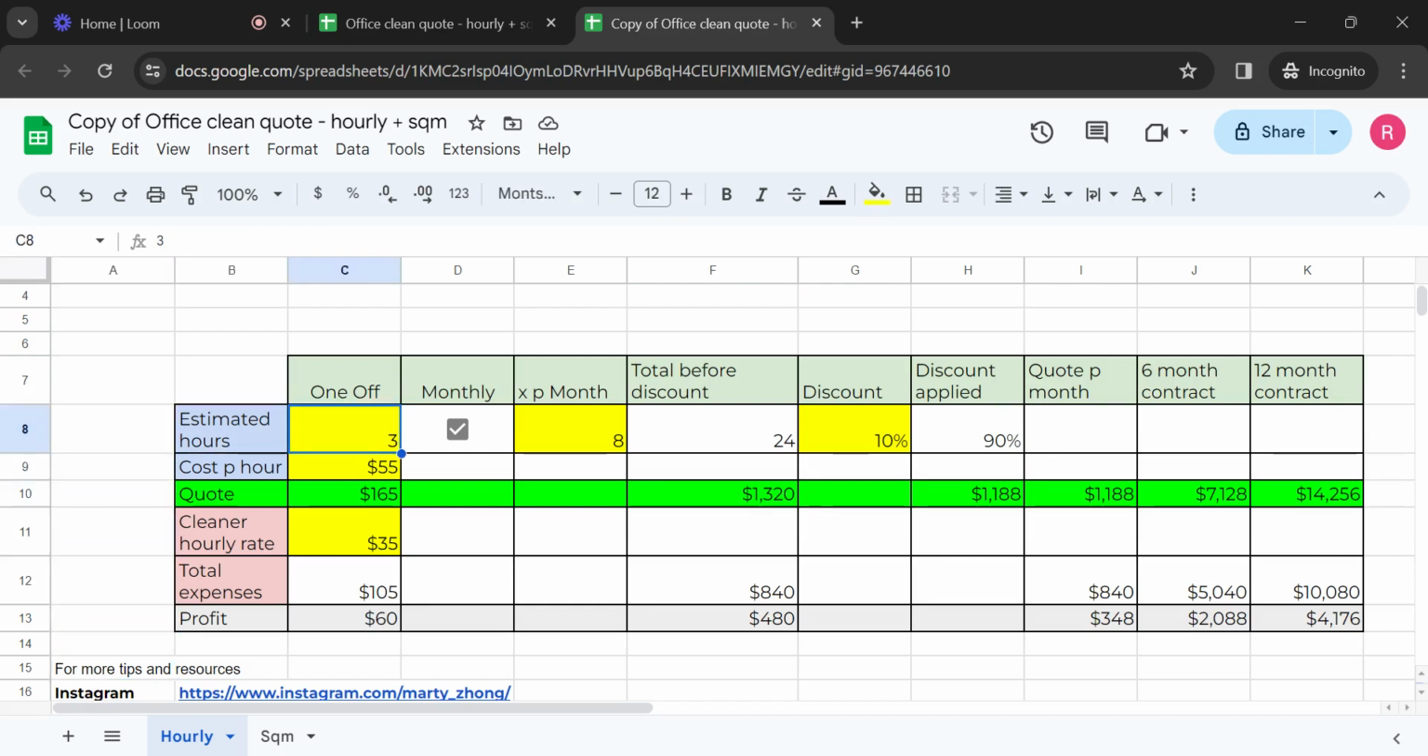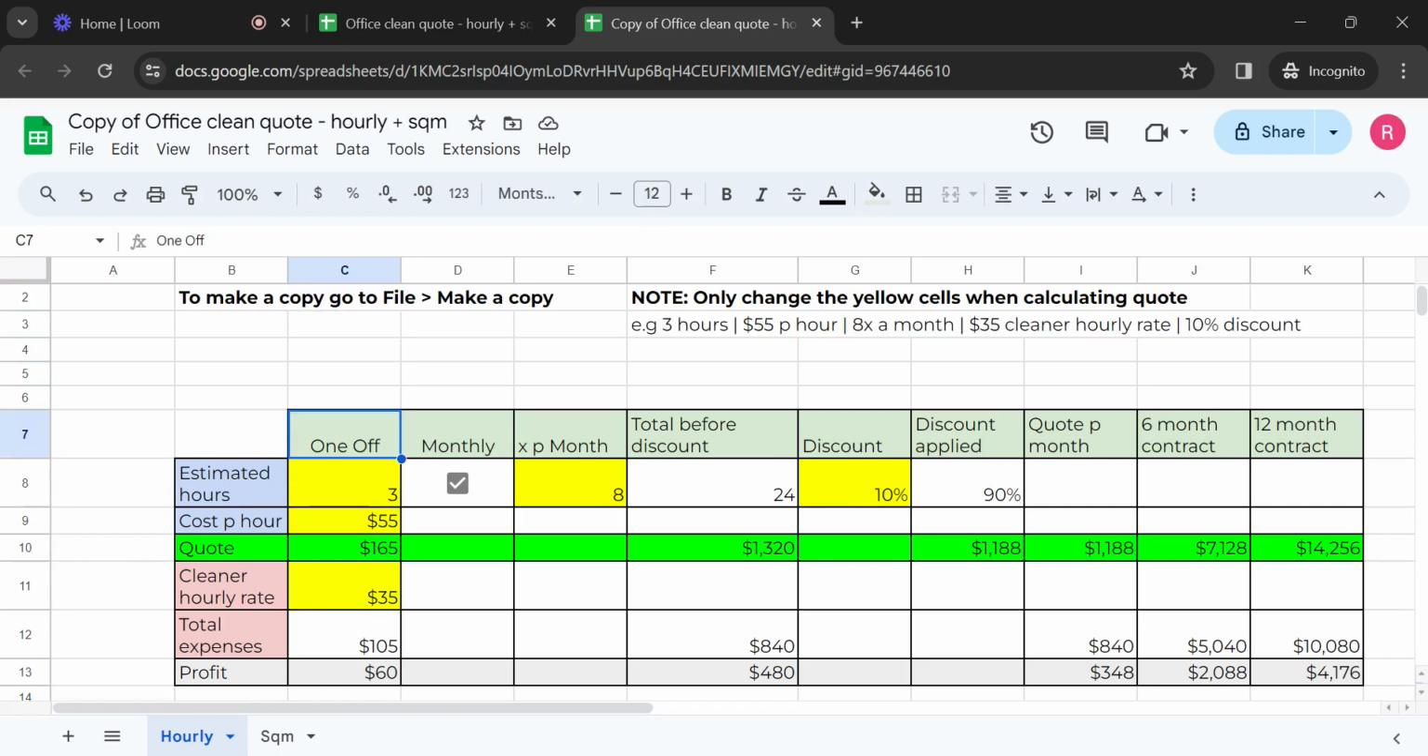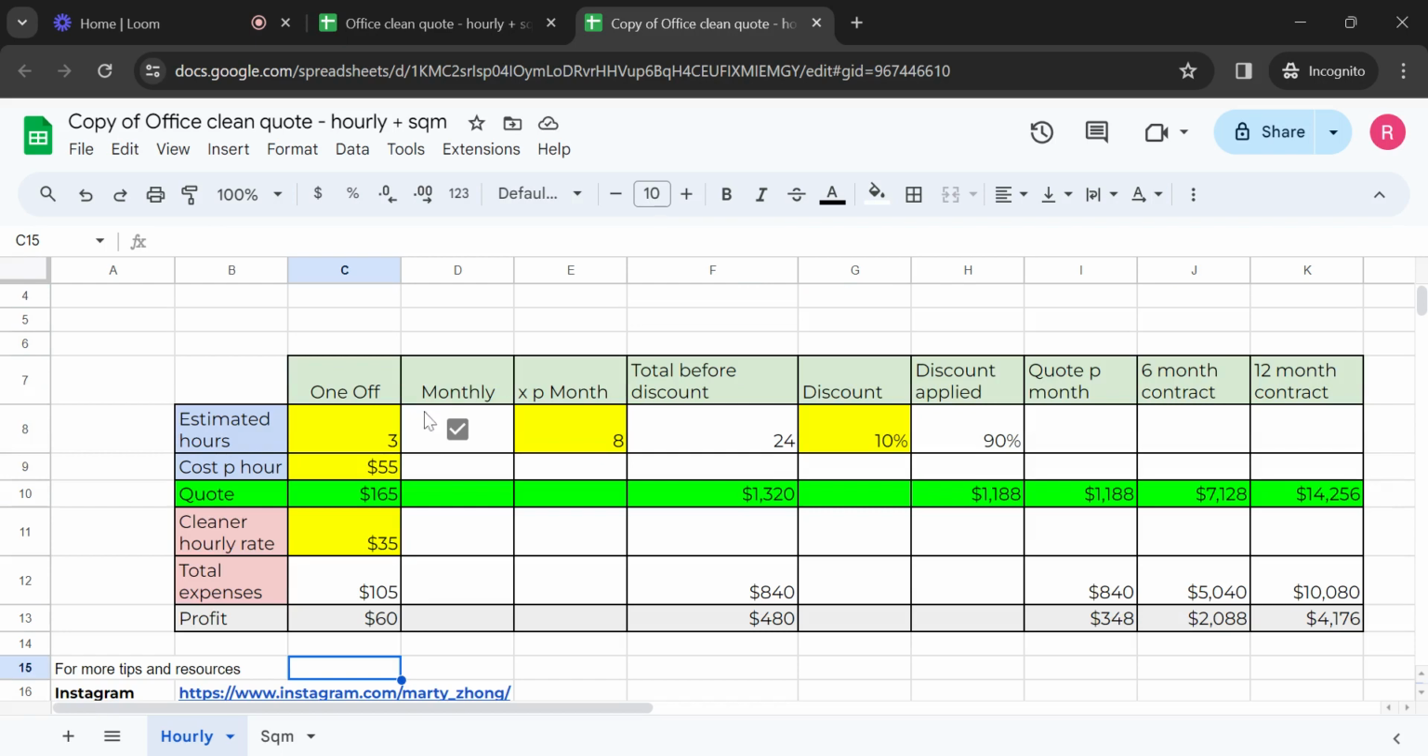Okay, so basically this is a calculator that I created in Google Sheets, and you can pretty much just change any of these cells that are highlighted in yellow. So let's say, for example, you're paying your cleaners $35 per hour, and let's say you decide to charge 55 per hour. And then someone gives you a job. Maybe it's 150 square meters, and you estimate it will take about 2 hours. So all you have to do is change this to two,